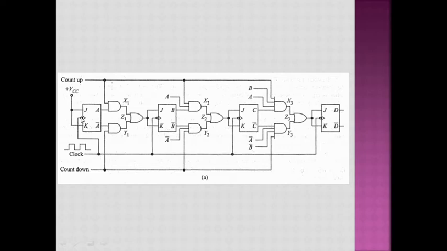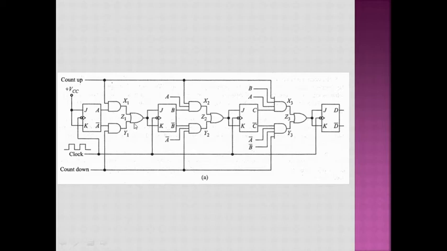The clock is directly given to the clock input of flip-flop A. So this flip-flop A changes state every time there is a negative transition of the clock pulse. You can see that there is a bubble and a triangle, that means it is a negative edge triggered flip-flop. So whenever the clock makes a transition from high to low, this flip-flop is going to toggle. That means the output of A is changed from the previous state, and A bar is the mirror image of it. Now, between flip-flop A and flip-flop B, there is an AND/OR network.